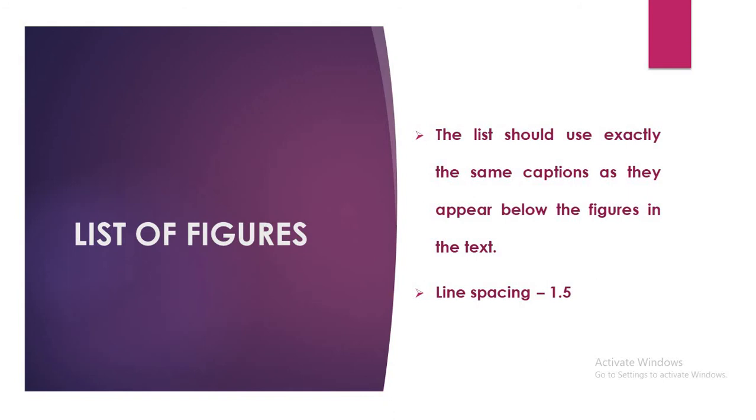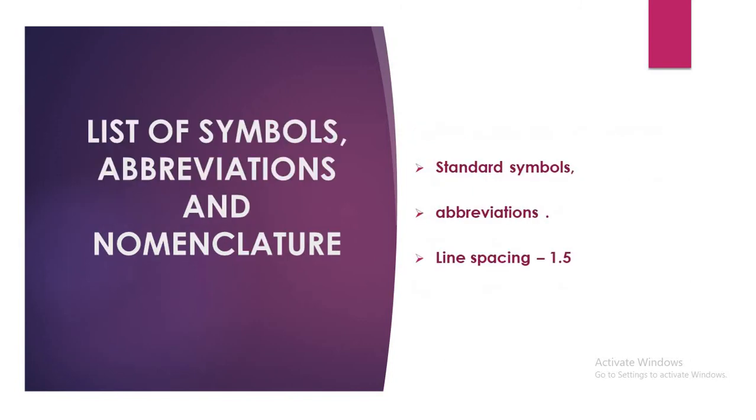The list should use exactly the same captions as they appear below the figures in the text, and the line spacing you have to use is 1.5. List of symbols, abbreviations and nomenclature. That is for standard symbols, maybe degree, theta. This is some of the examples I am saying for you. Degree, theta, Celsius,